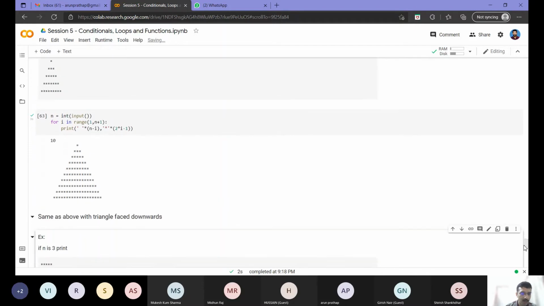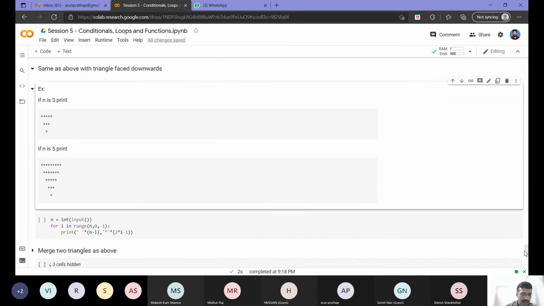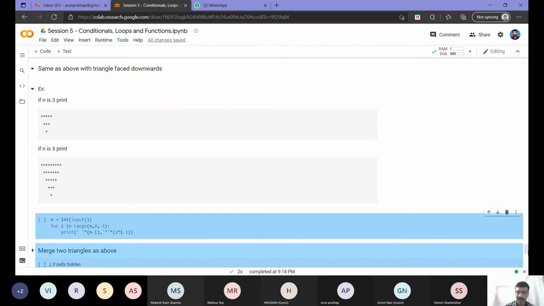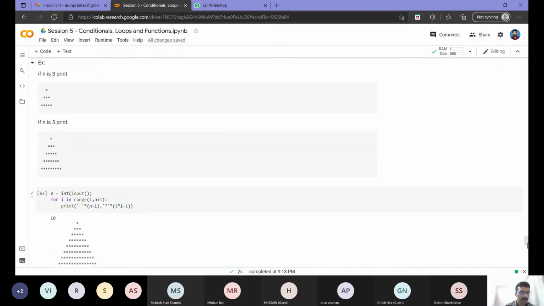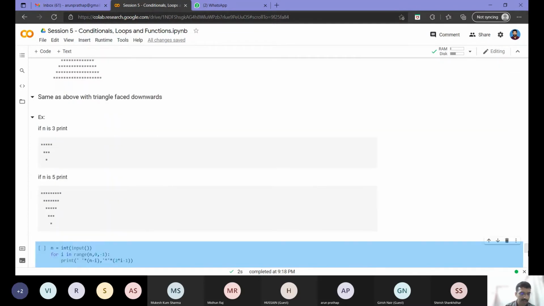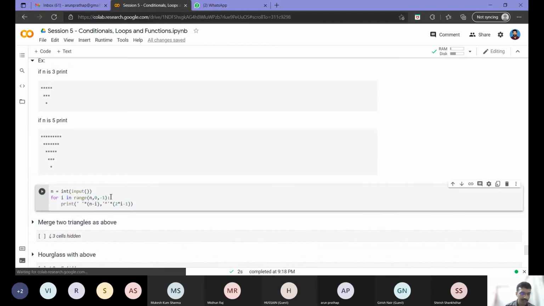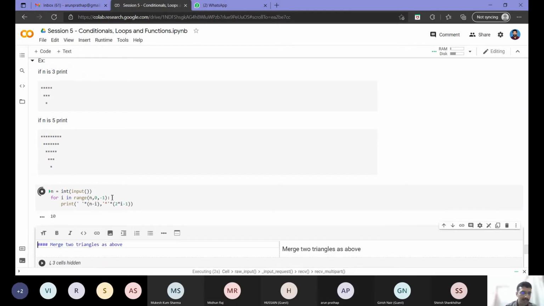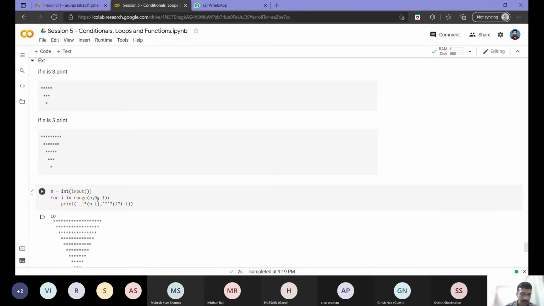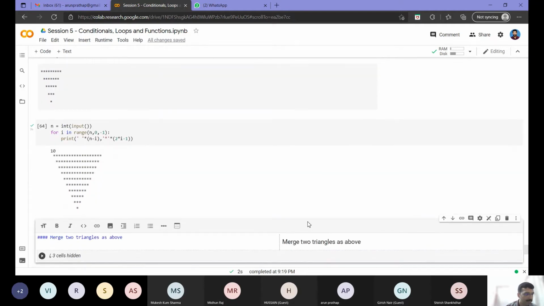As you can see, only the multipliers I have changed again in this case. The multipliers were n minus i and 2 into i minus 1, and those I have not changed. What I have changed compared to the previous example is the value inside the range. Here inside the range I had 1 to n plus 1, and that I have changed to n down to 0. So this will work again the same way if I enter 10. As you can see, just by manipulating the value inside the range and the 2 multipliers, I am able to get a variety of patterns.